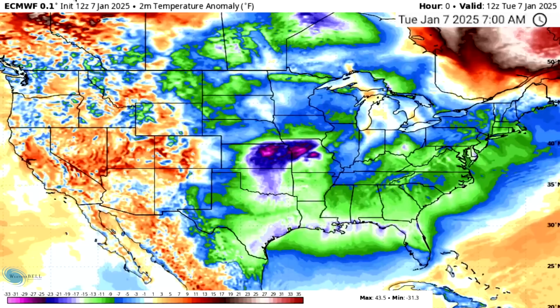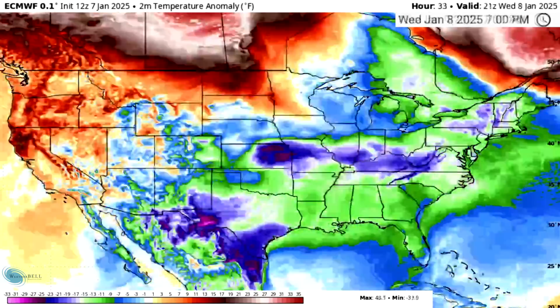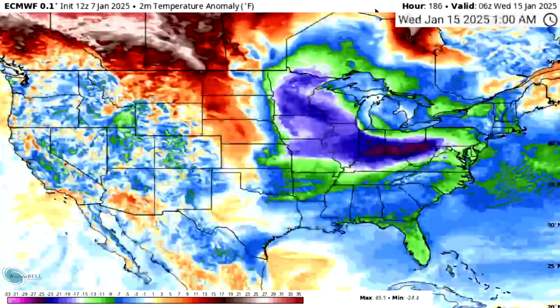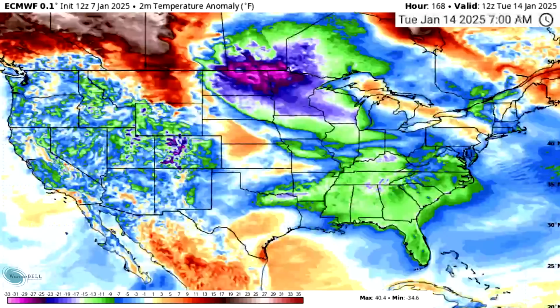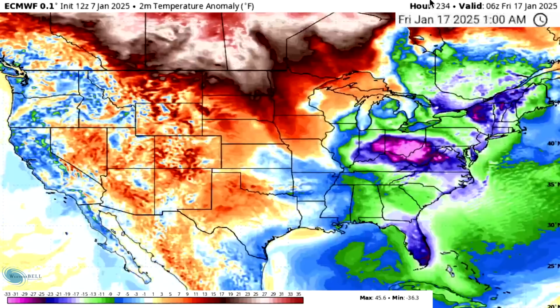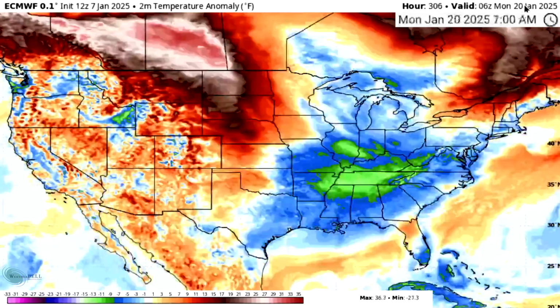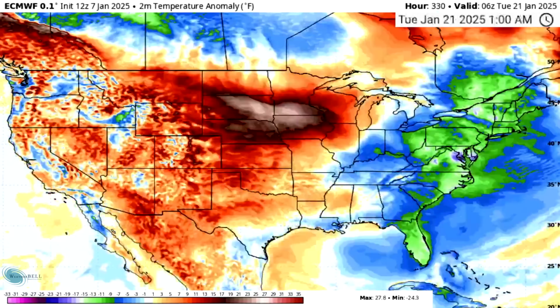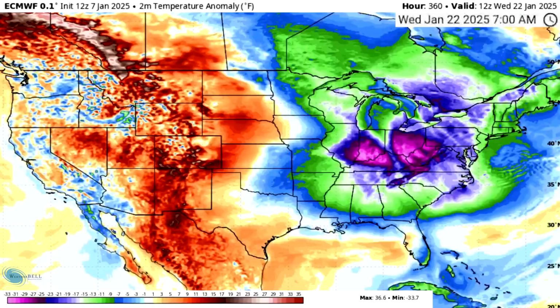When we look at the temperatures, again, another big discussion in this video is the long-range temperature pattern. We're colder now, again, decently cold throughout the next few days, nothing crazy. And then we get this larger blast for the 14th, 15th, 16th with deeper, colder air for the East Coast. It wants to warm up here close to the 20th, but the cold just wants to hold on for dear life. And then we get another very cold blast along the 22nd.